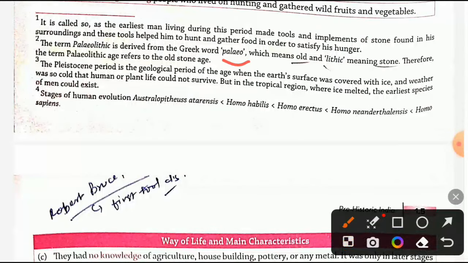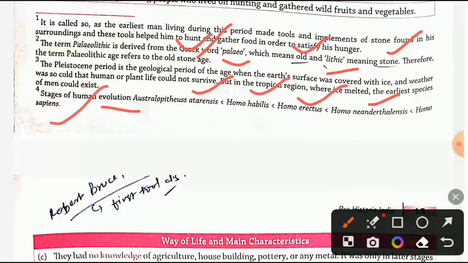So paleo means old and lithic means stone, according to Greek. So stages of human evolution, here it is given: Australopithecus, Homo habilis, Homo erectus, Homo neanderthalensis and Homo sapiens. So the last stage of human was Homo sapiens. Next,